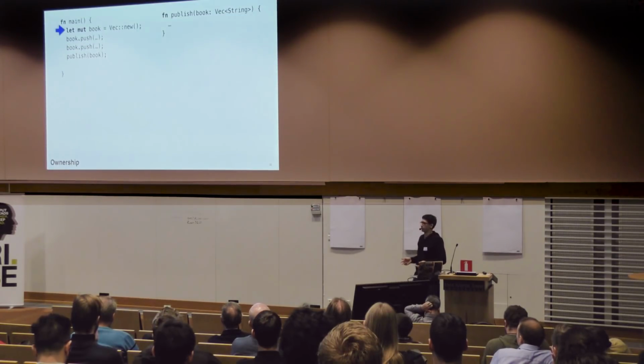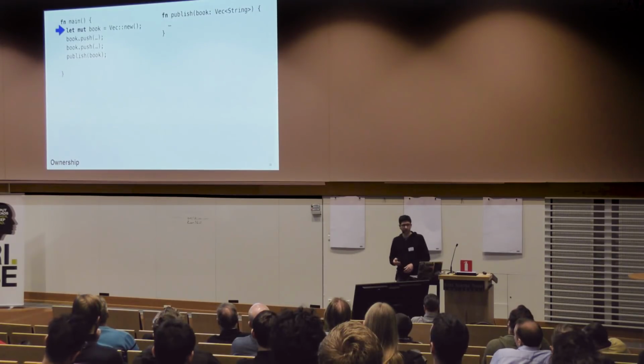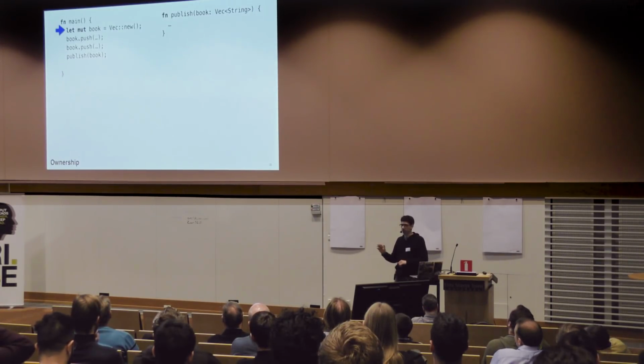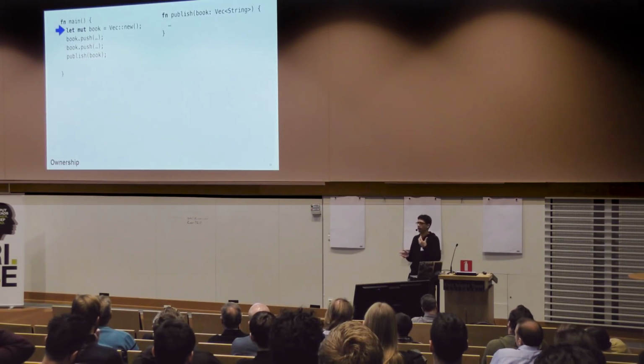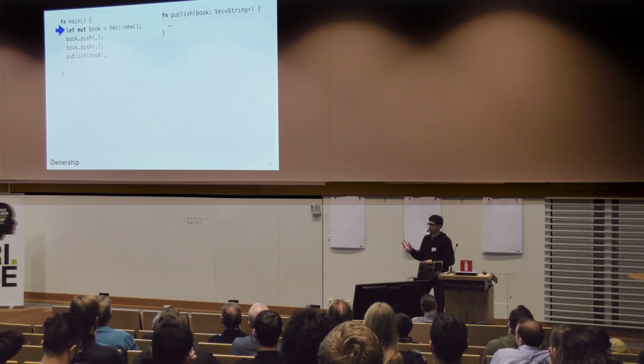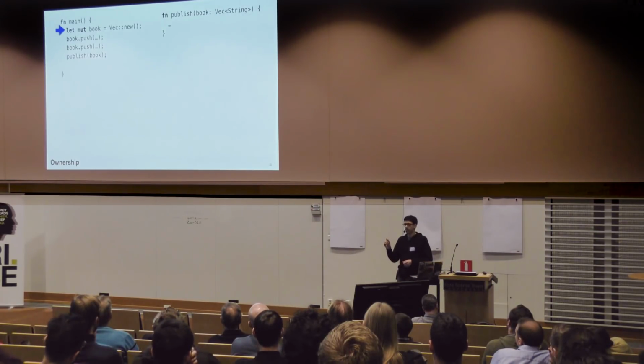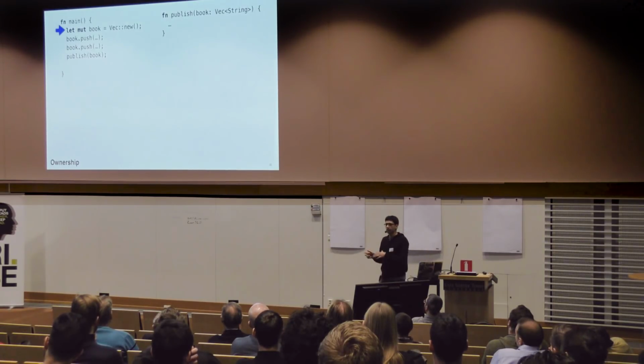That's pretty much how a data structure works in Rust. So here's some Rust code. It's the first we've seen, so I'll explain it a little bit. We have two functions, main on the left and publish on the right. In this first line, where the arrow is, we're making a local variable. We're taking a vector, so Vec::new. New is not a keyword, it's just a method in Rust, but by convention it creates an instance of a type and returns it. So we're going to make a vector and store it in the local variable book.